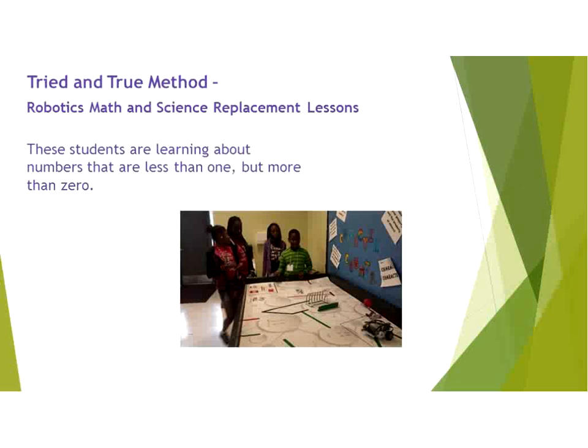So the kids in this picture are learning about numbers that are less than 1 and more than 0. They had to program the robot to turn, but if they put a 1 in the program, it turned too much. So they said, well, if we put a 0, it doesn't go. If we put a 1, it goes too far. And these were 2nd, 3rd, 4th graders. And so we had to talk about, well, what's more than 0 and less than 1, and looking at a part of 1. So that wasn't a club, it was a regular part of the curriculum, but those are some of the things that I've tried that have gotten the girls I've taught very interested in STEM.